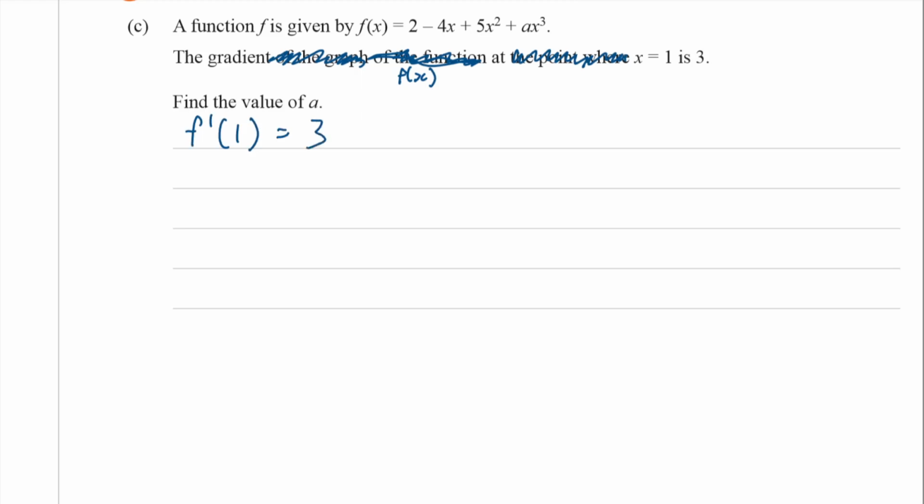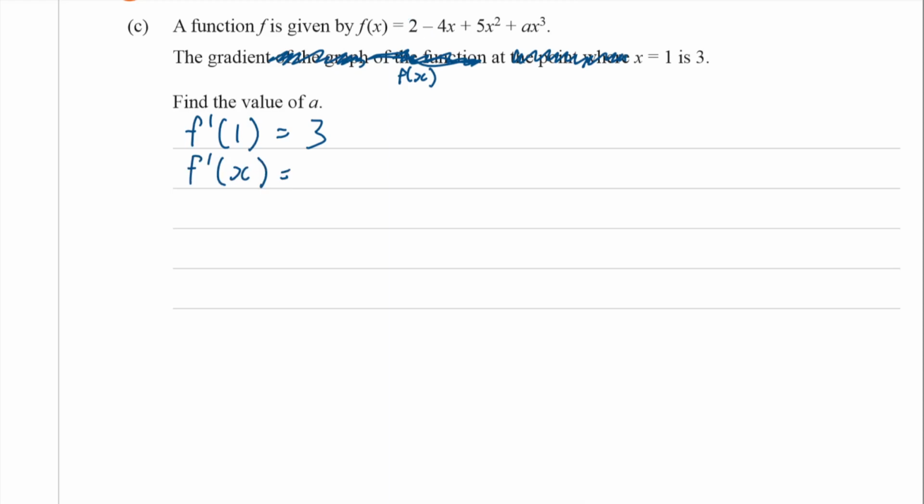All right, so f prime indicates the derivative, the gradient function. So when we put in x is equal to 1, the gradient will be 3. Cool. So to use this information, we first need to find the gradient function. So finding the gradient function, in other words, the derivative